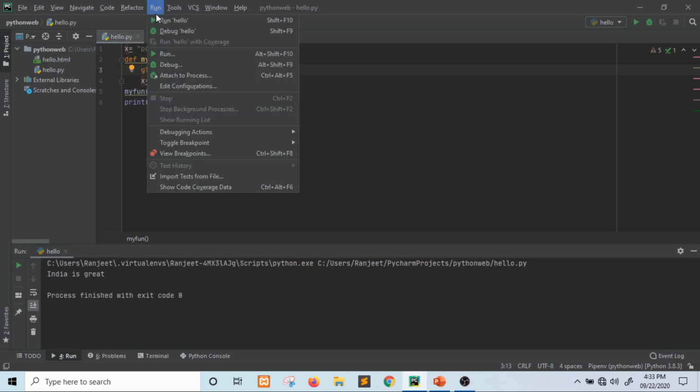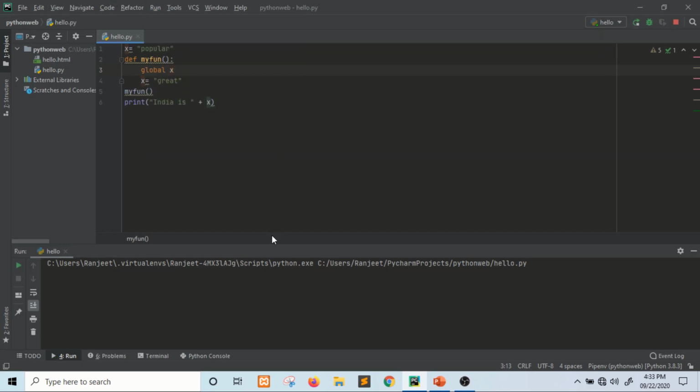Now run this. You can see that it is taking the value of x, great value, not popular. Popular is also defined as a global variable, but it is taking great because you defined x as the global variable. That's why it is taking the value of great, right?